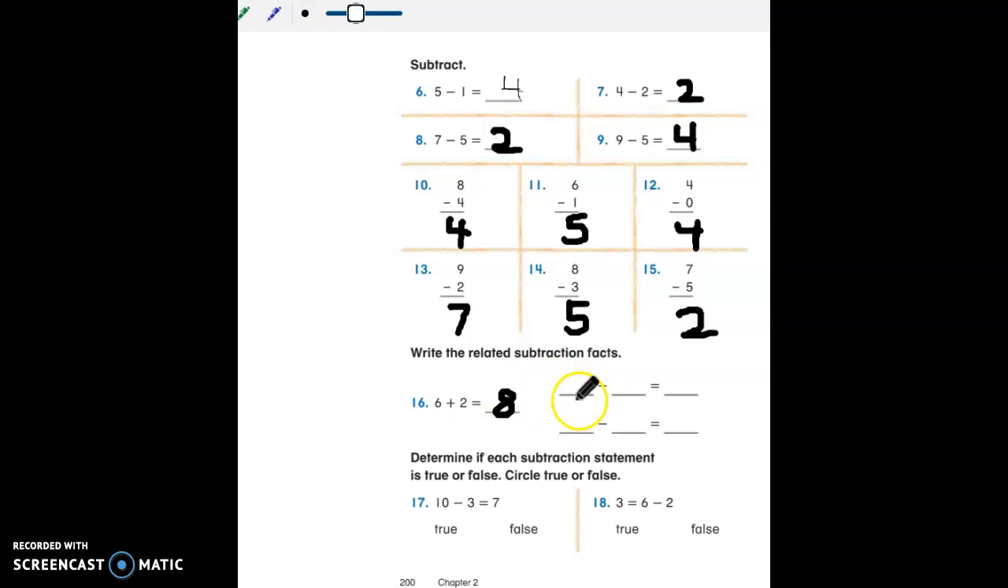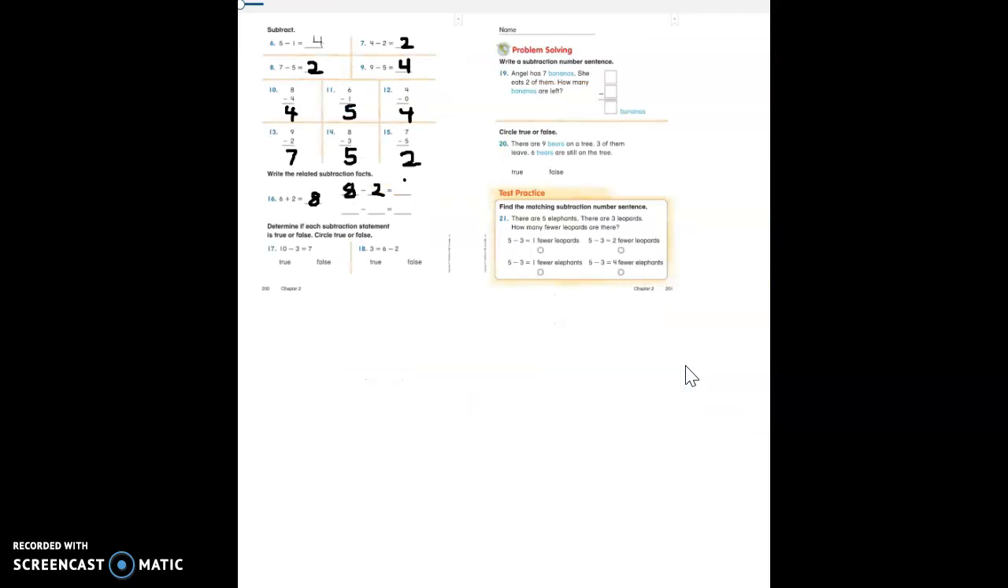Okay, now we need some related facts here. So we're going to say 8 take away 2 equals 6. So these are related facts because as you,